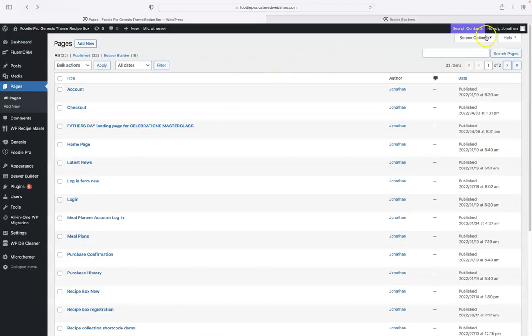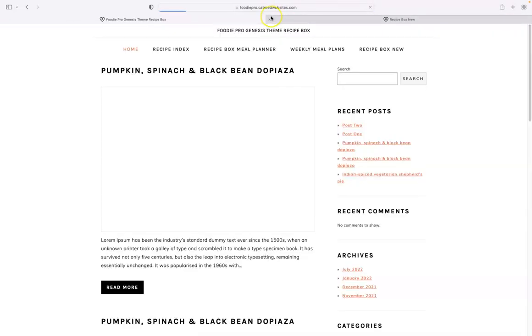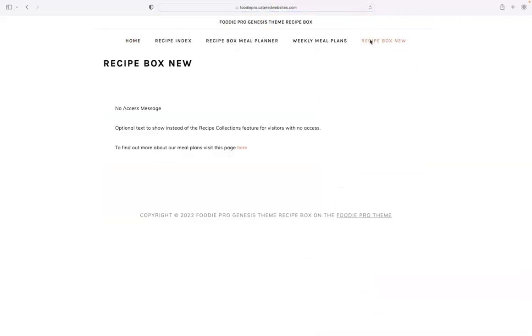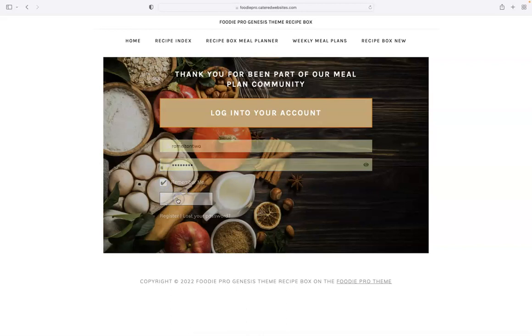So what I want to do now is I'm just going to quickly log out and show you now what it looks like for a recipe box member. So that's the no access message. So we want to go to the login form. I saved that. So login,